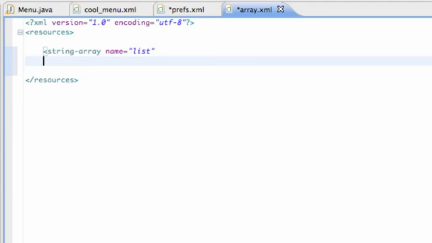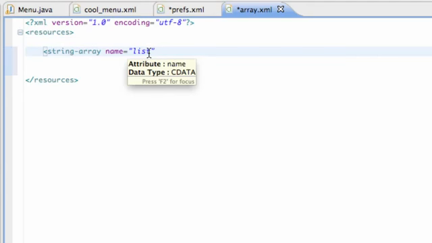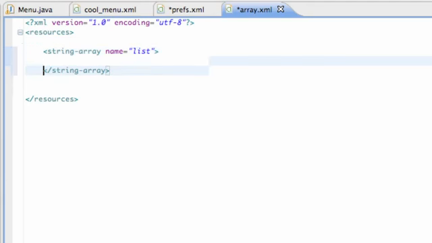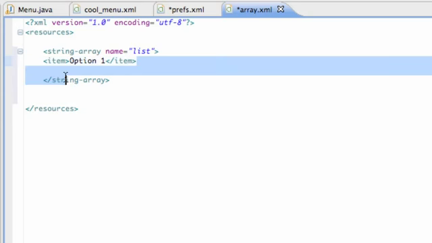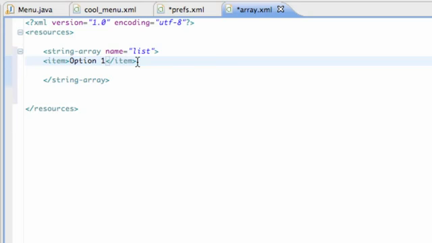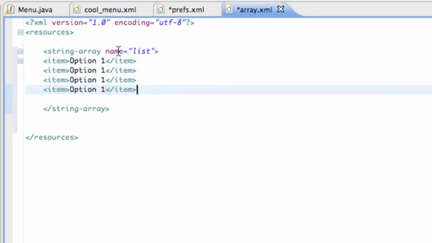And then all we're going to do is set up some items within this string array. So we need to finish off our string array. That's all we need to define it as, and then hit enter a few times so we can work within the string array and add some items to it. So we're going to say item, and then you don't even have to set up the item like we generally would. We just need to put something within both item and the close item brackets there, and we're going to call this, I don't know, option 1, and just copy and paste this 4 times or something, however many times you guys want, and then just change the variables